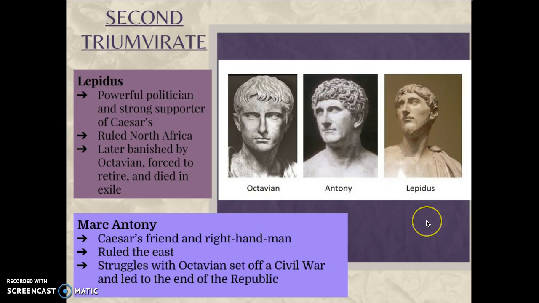Okay, so anyway, he rules North Africa, but just like the first triumvirate, you start to see some political maneuvering, and it's done here by this man, Octavian, as he starts to push out the others. So he's ruling North Africa, right? But of course will be banished by Octavian. He'll rule the East, but he will start to struggle with Octavian for power, and this will set off yet